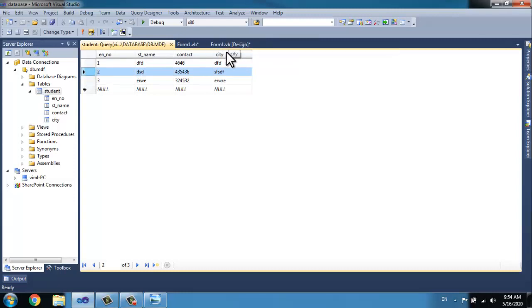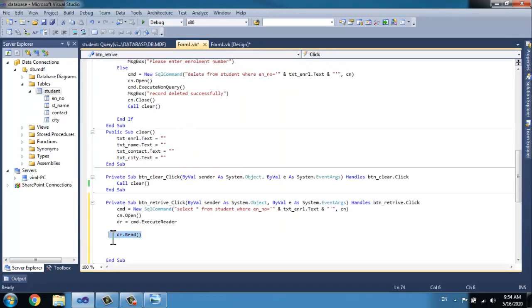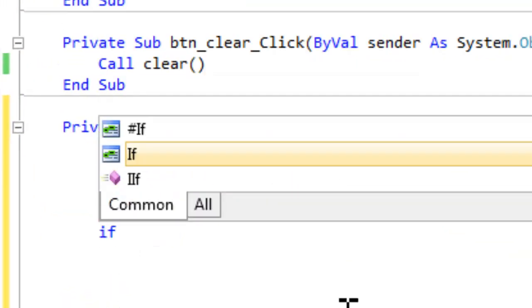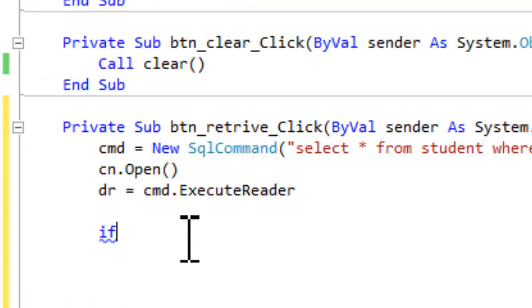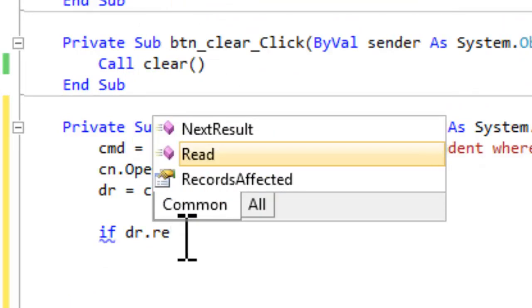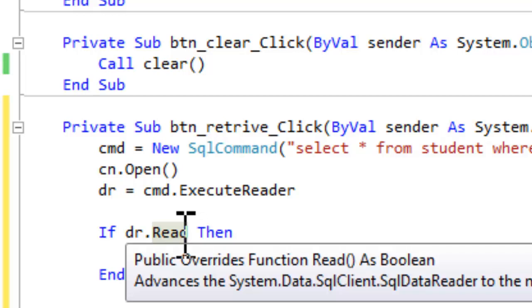For that we will simply take an if condition. If dr dot Read. What is the meaning of that?